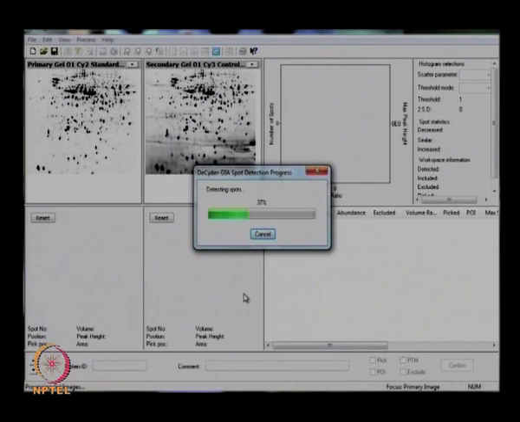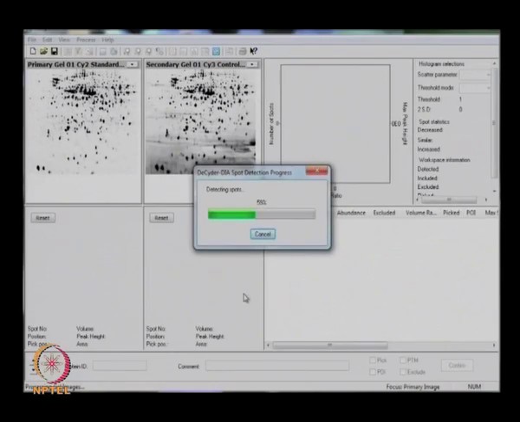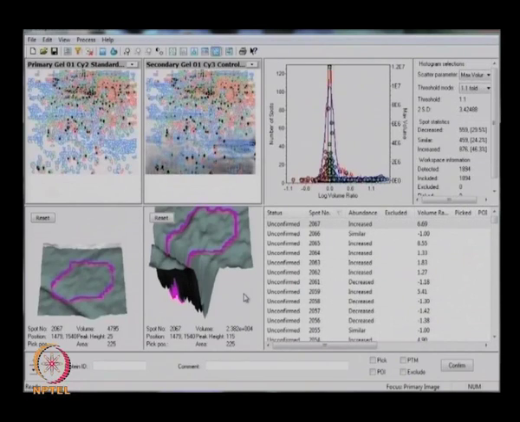Co-detection uses the information of all 3 channels and creates a geometrically identical spot boundary for a spot across all the channels. That means there are 3 channels, Cy2, Cy3, Cy5. Out of these 3 channels, in the Cy2 image it creates a particular volume, and the same area can be applied for the remaining 2 gels also. This is the way it works. In this way quantitative and qualitative results are much more accurate than with a single detection.